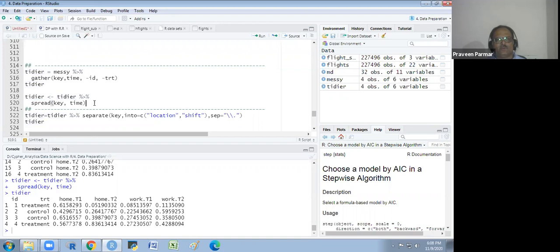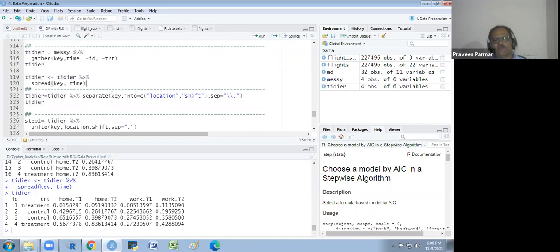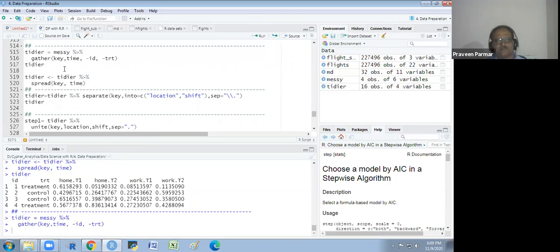Now we see some more functions, which are separate and unite. This is a different function. It works only on a column. We have to divide a column into 2 parts. One column, we want to make it two columns instead of one. So the ID data we are taking, but we will take this one, not the date one.